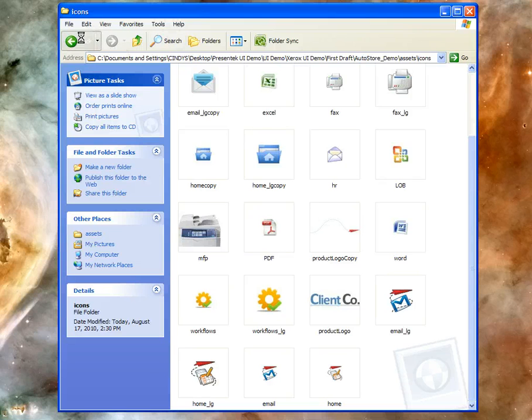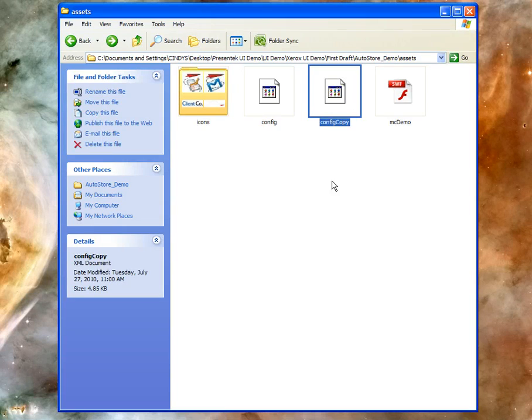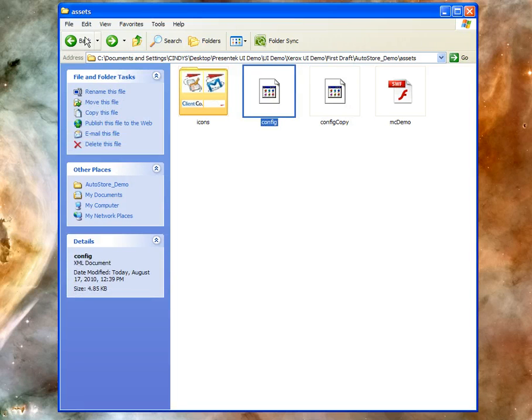welcome screen and the labels on the buttons. This is the config.xml file, which is the instructions for the simulator and how we're going to change the text. What we first need to do is make a copy of the config file as a backup in case we mess anything up. You can see I've already done that here and named the file config copy. So let's open our config file with the notepad